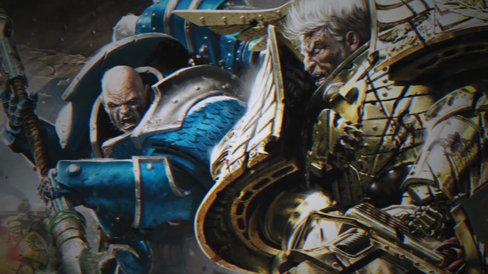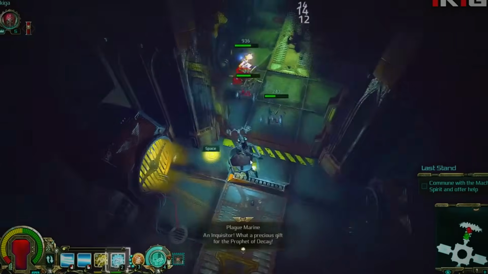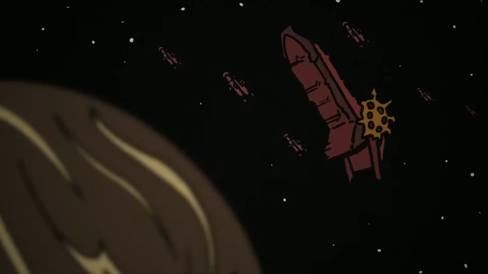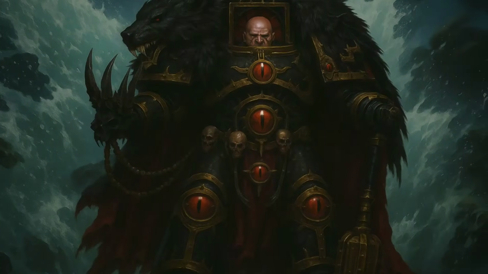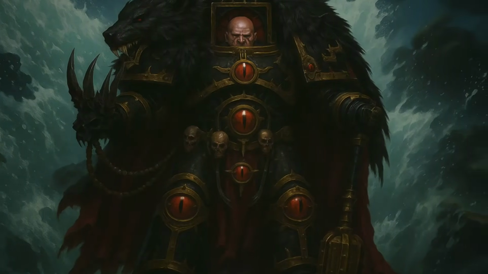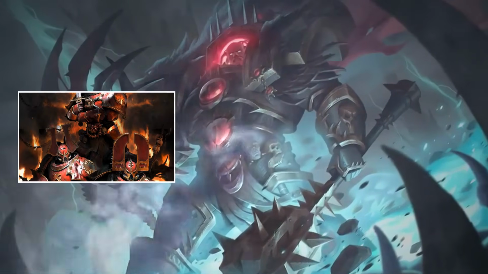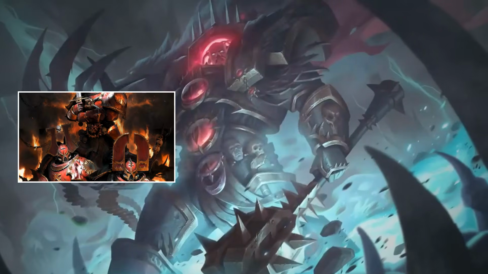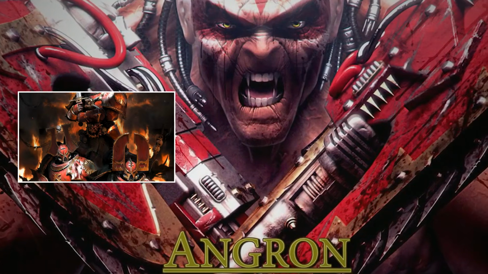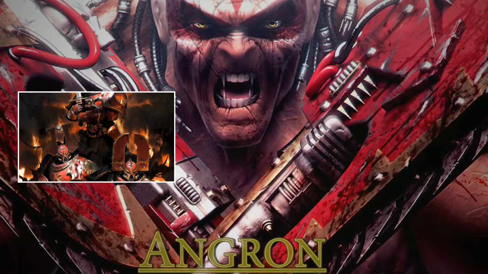With the Loyalist defenses prepared, the inevitable advance of the War Master's forces began. The traitor legions, now fully committed to chaos, began their inexorable march towards Terra. The Sons of Horus, led by their corrupted Primarch, formed the vanguard, their once proud banners now emblazoned with the Eye of Horus. Alongside them came the World Eaters, a legion of berserkers driven to bloodlust by their Primarch Angron and the Chaos God Khorne, leaving a trail of carnage in their wake.